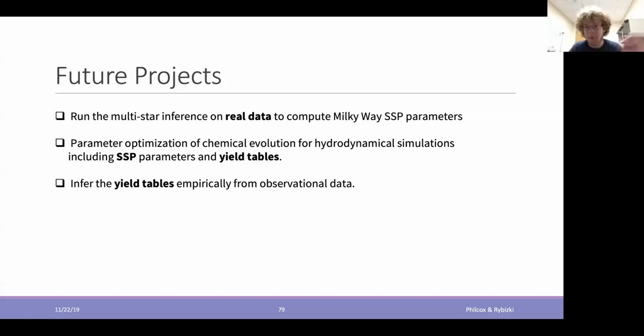And then what would be really cool is to infer yield tables empirically from observational data. But this has the problem that you cannot do it with neural nets anymore, because empirical yield tables would need to tune many parameters, and then you would have to recalculate the ISM abundances that come out of Chempy for each iteration.